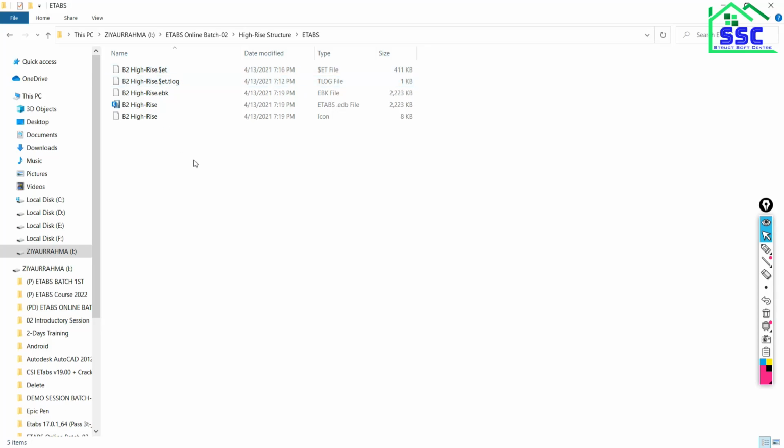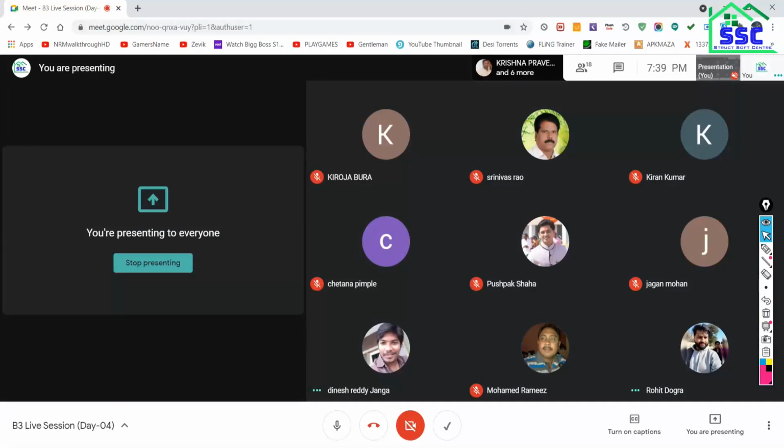It saves many files in your base folder where you want to save your model. Out of these files, some files are very important as per their usage.